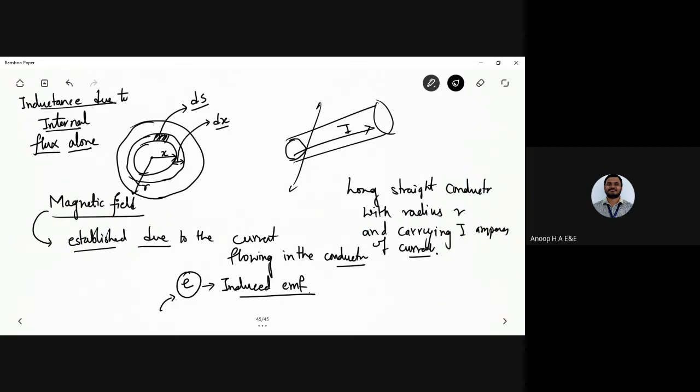We will assume while doing the derivation that the return path of the current in this conductor is far away, and the magnetic field of the conductor is not affected. The value of the inductance due to the internal flux is given by the ratio of flux linkages to the current. So inductance is given by the flux linkages divided by the current in the case of the internal flux that has been developed. We are modeling it, and for the assumptions to be taken, you take that the return path.